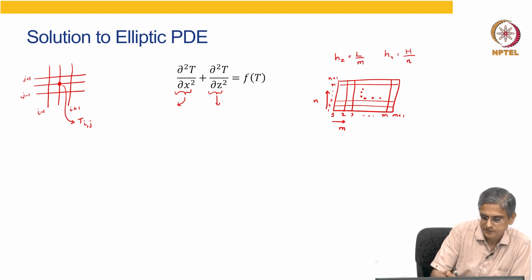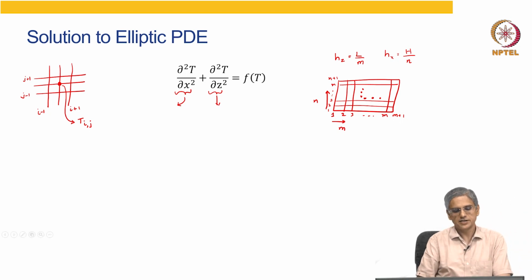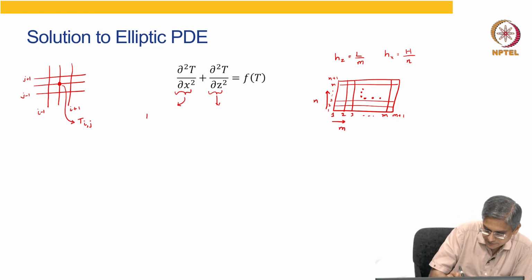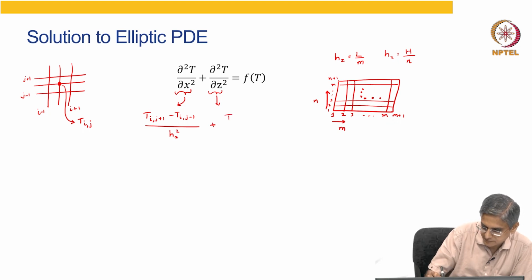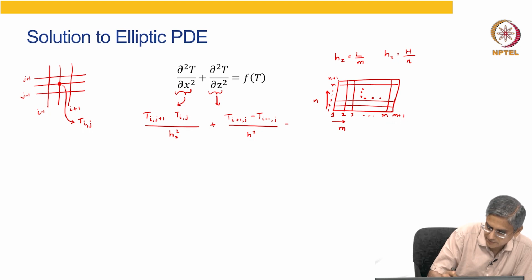So, this d square t by dx square is going to be nothing but